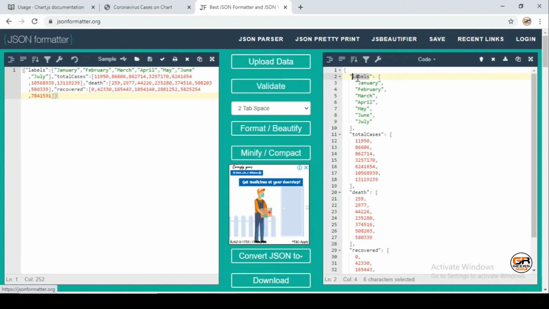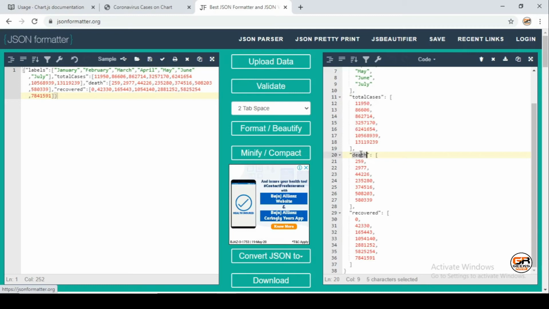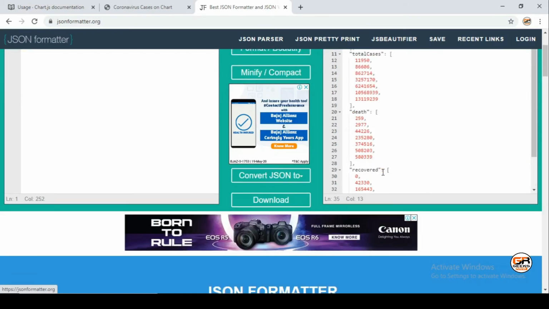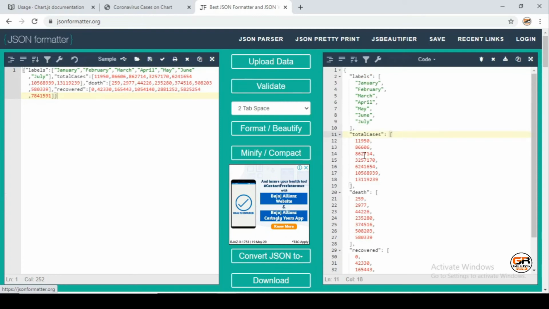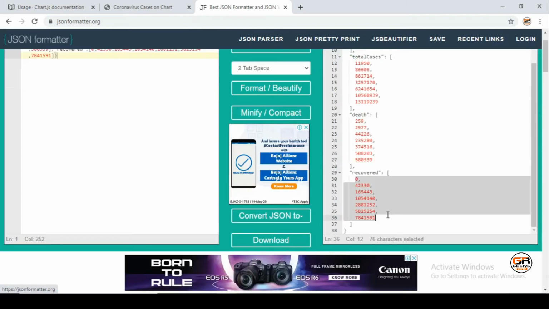First is the labels, which is an array, and the second key is total cases, which is again an array type, and then death cases and recover cases. These data are not real. I have just grabbed random data for showing the records. It's not any real data.